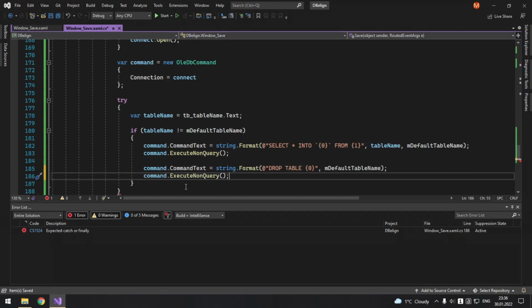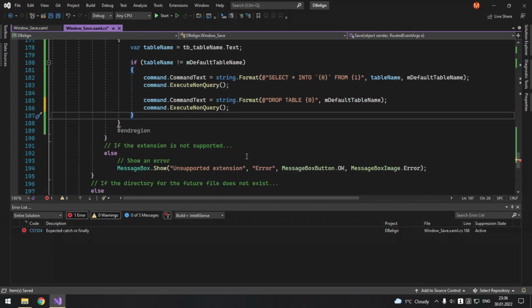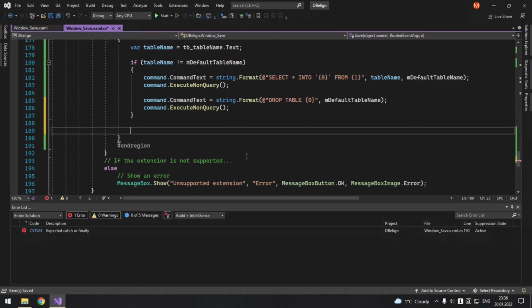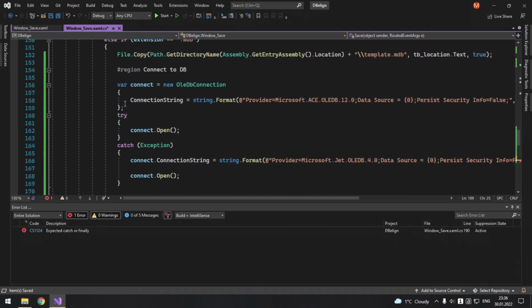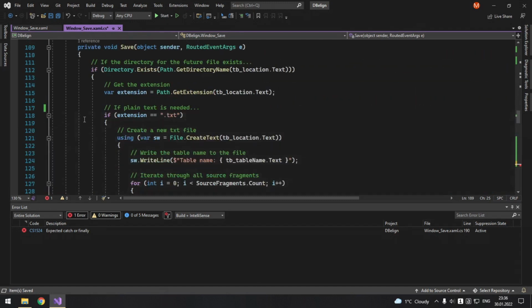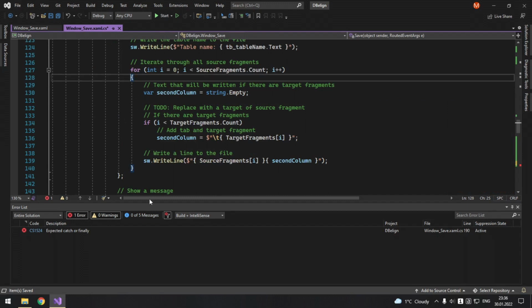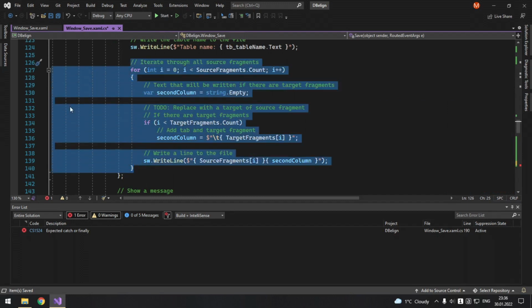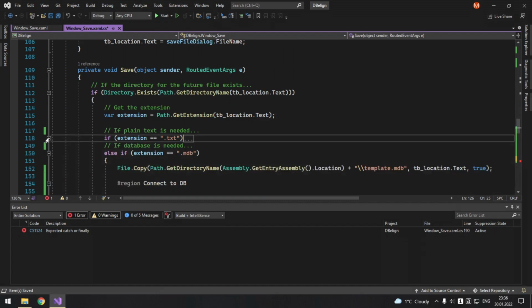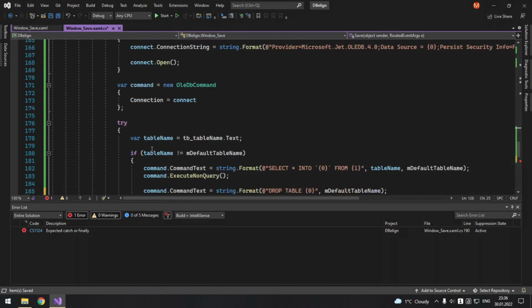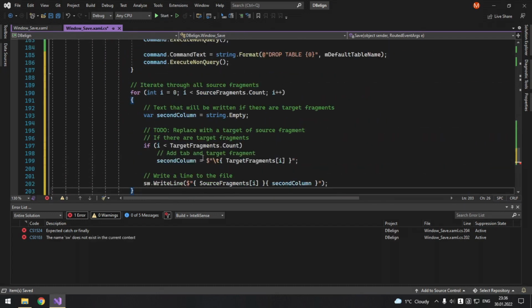Alright, so after that we need to iterate through all source fragments, and that will be very similar to what we have in our txt. So let's copy it first and then change as needed. So here, iterate through all source fragments for int I equals 0, I is less.